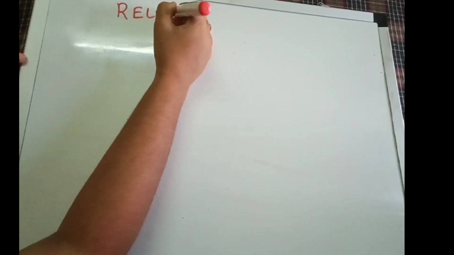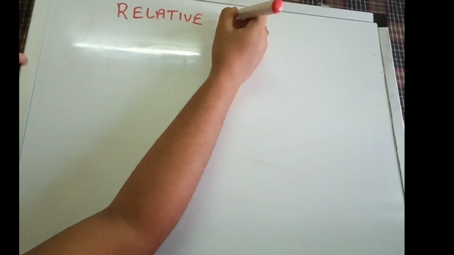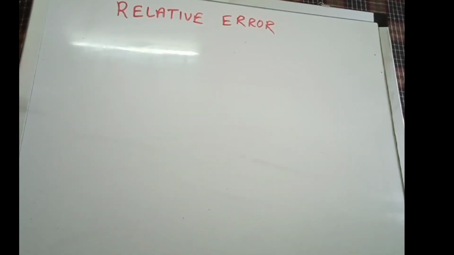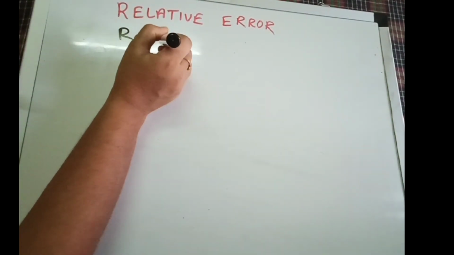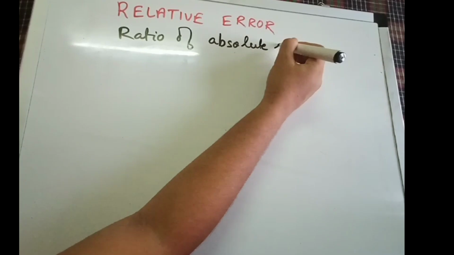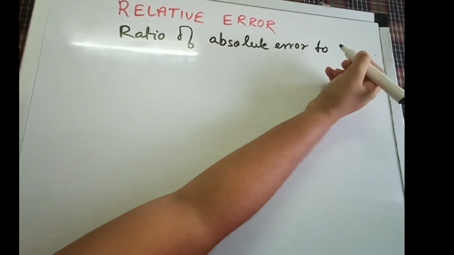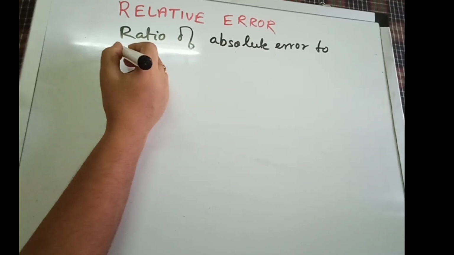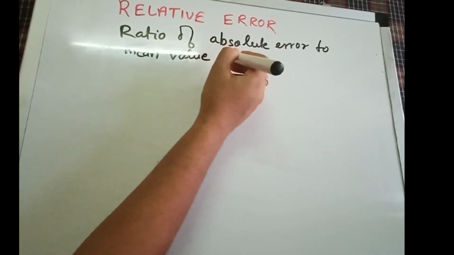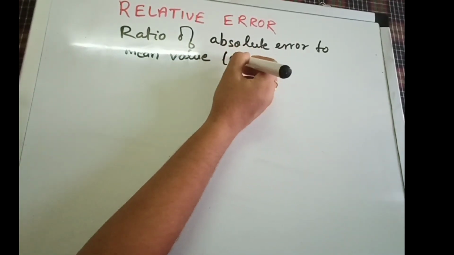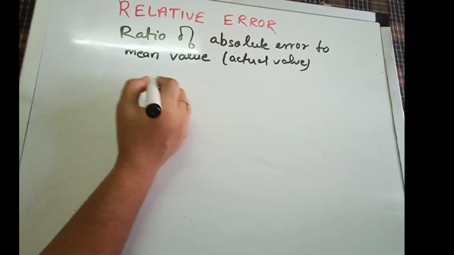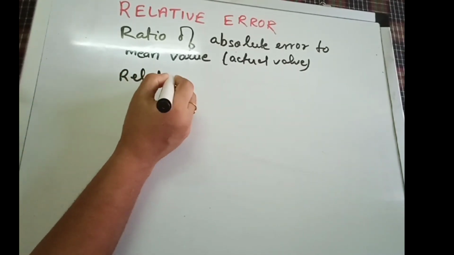Next term is relative error. This is a very important term as far as experiments and finding answers are concerned. Relative error is the ratio of the mean absolute error to the mean value of the observation. So it is basically delta A mean divided by the mean value, or the true value, A mean. The mean value is the actual value. So the formula for relative error is